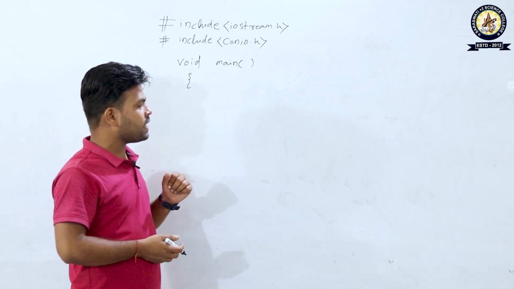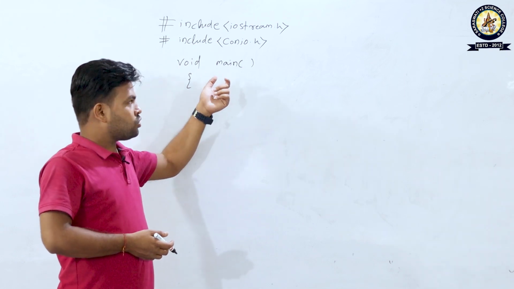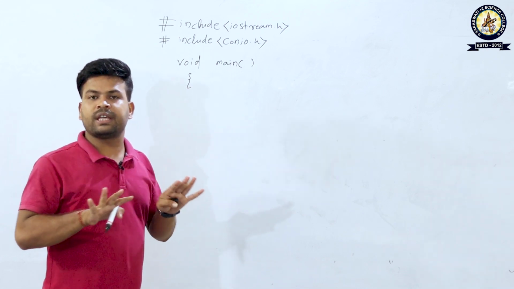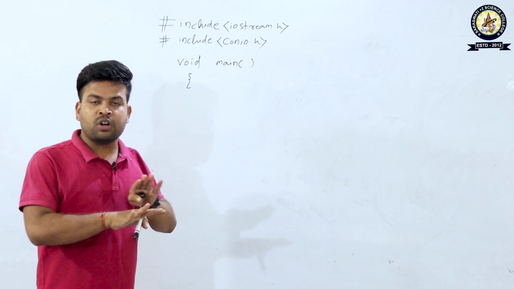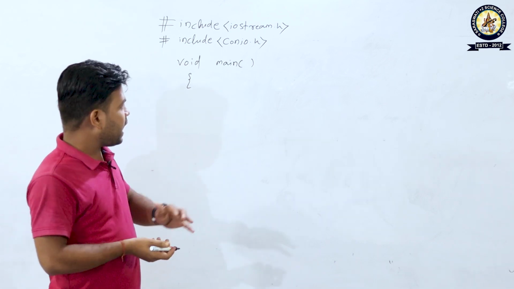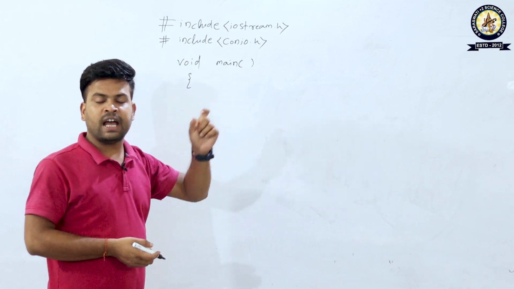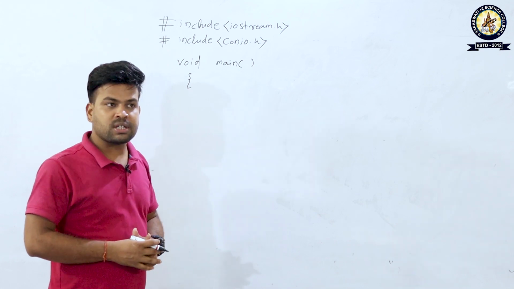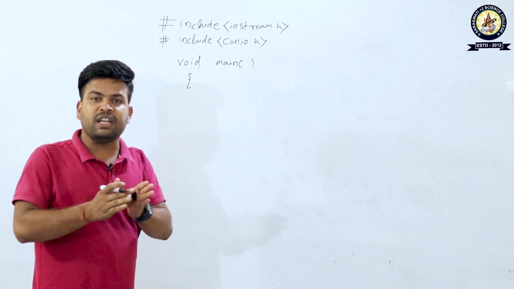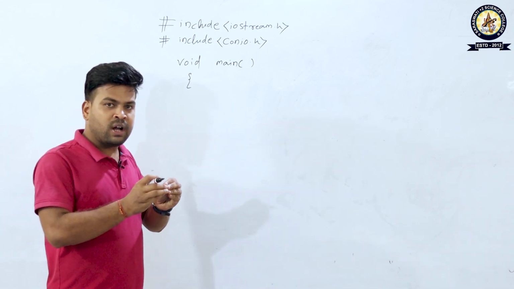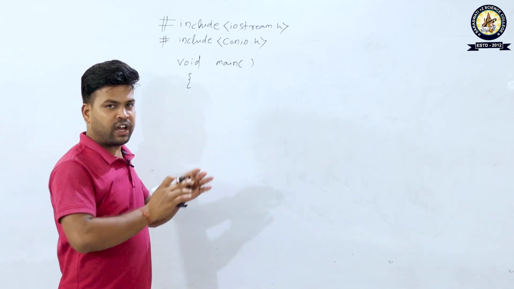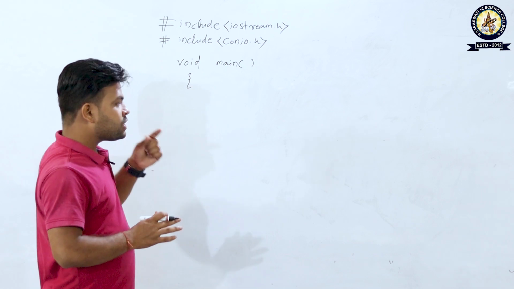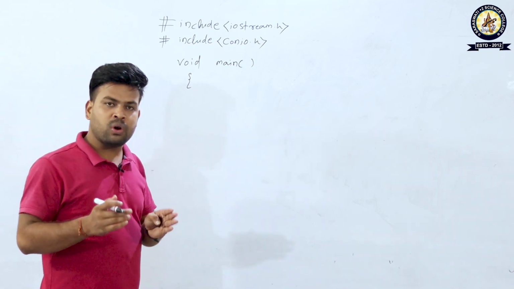One more thing: what do you mean by function? A function means any word but not any keyword, with a parenthesis on its right side. Got it? So what is a keyword? Keywords mean predefined reserved words, the words which are already predefined or already present in a library file. Each keyword has its own function.